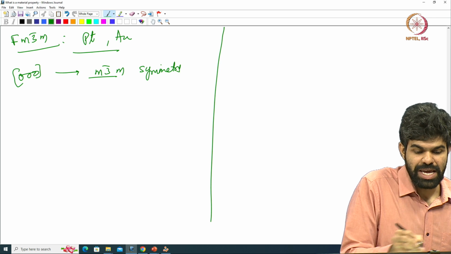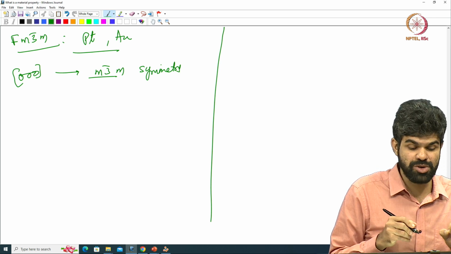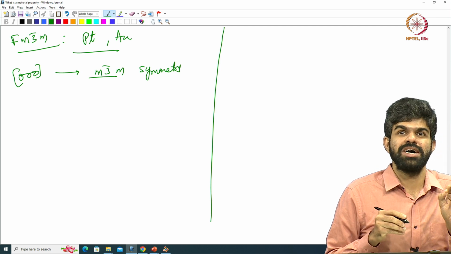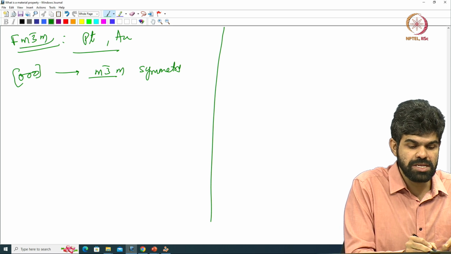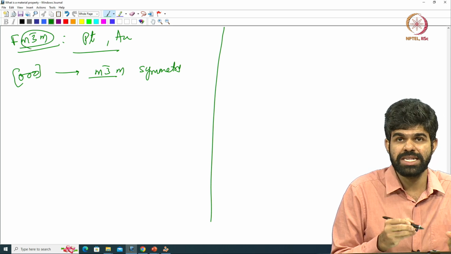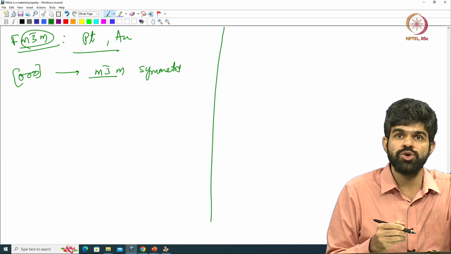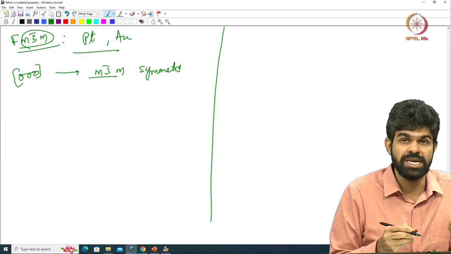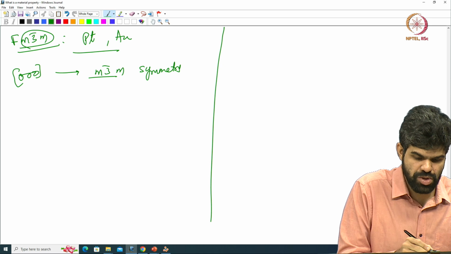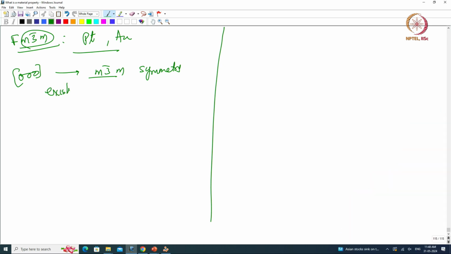In these symmorphic space groups, I have a point which has the highest point group operation, so the highest symmetry exists. So, a point about which the highest point group symmetry that exists in the crystal. So, 0 0 0 exists in the crystal,